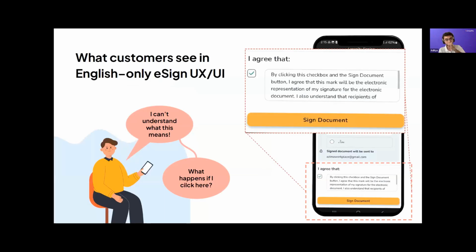In a digital KFS flow, there's a lot of information the customer has to interact with that's outside of the KFS document itself, right? Say, in an e-sign based acknowledgement journey, there are multiple buttons, elements, and even a full consent the borrower must give in order to get to a stage to actually perform the acknowledgement of the KFS. So when someone sees this in a language they don't understand, there are a lot of questions like, what does this all mean? There's just a bunch of text and buttons. And what happens when I click this button, which I don't understand?